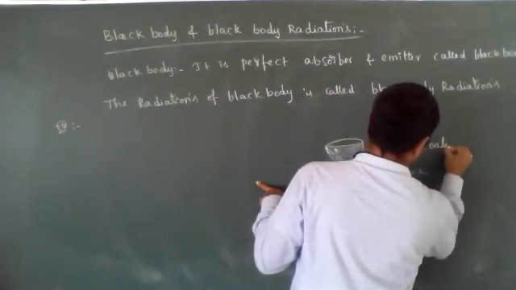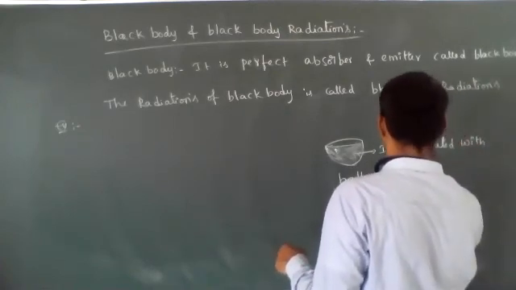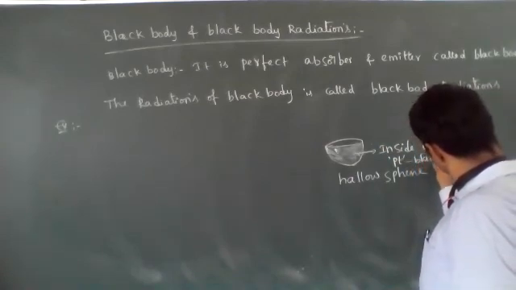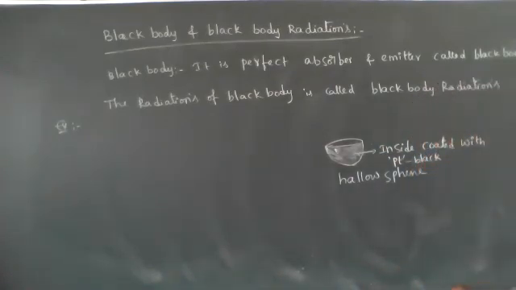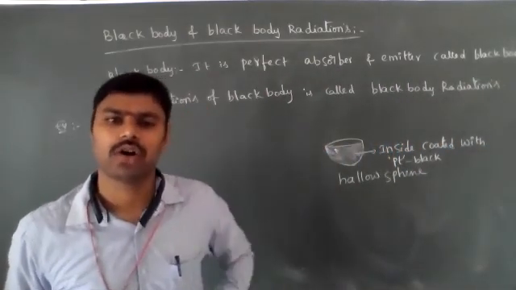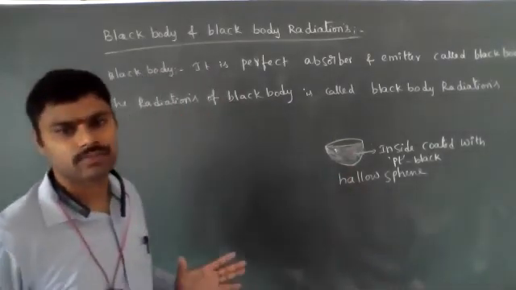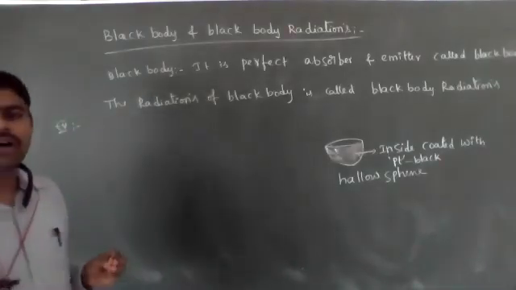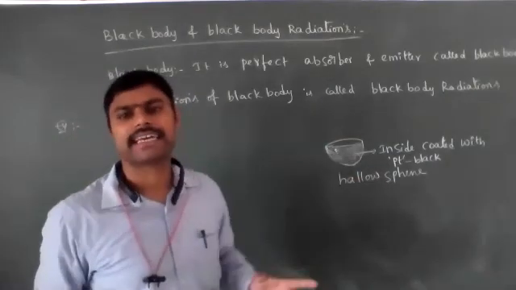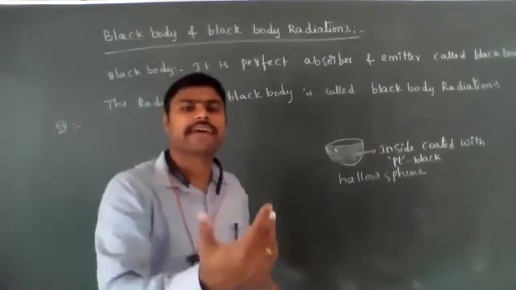Inside coated with platinum metal, we know that, platinum black. A hollow sphere inside coated with platinum black, having a small hole, acts as nearer to a black body. So this kind of material acts as nearer to a black body, means it acts as a perfect absorber as well as a perfect